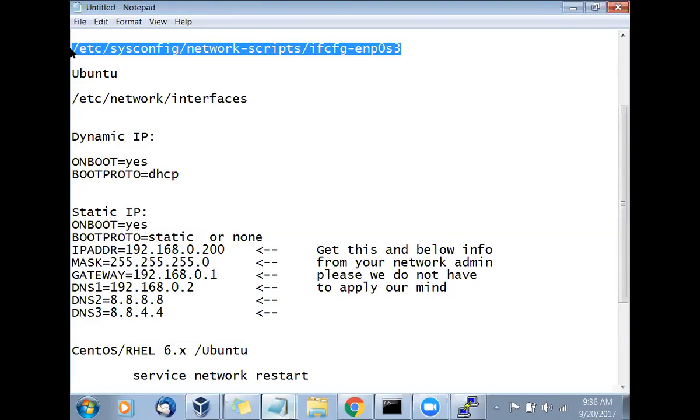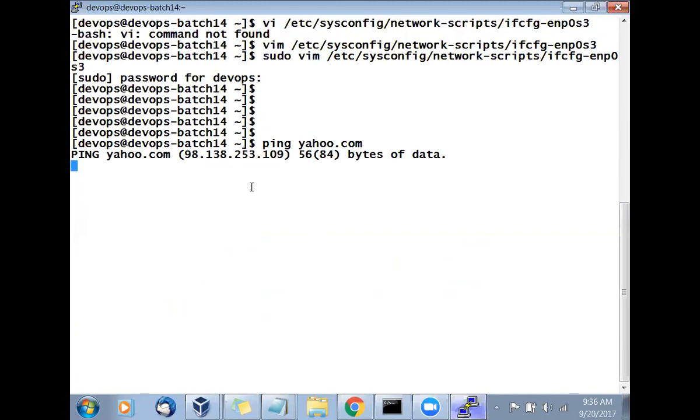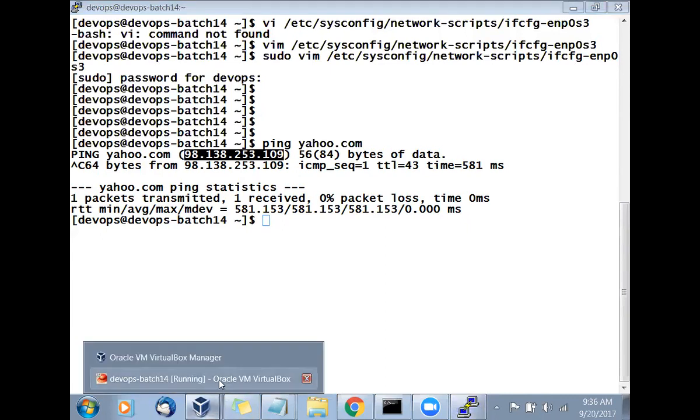The network is correct or not? Which things will you fire? Ping yahoo.com or google.com. Make sure that you get the IP address of Google. If you are not able to get the IP address of Google, there is a problem. Where is the problem? The problem is in the DNS, because you are not able to convert name to IP. Let's do that, because that's very important when troubleshooting.